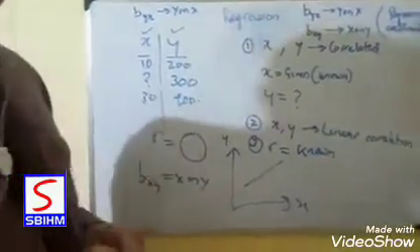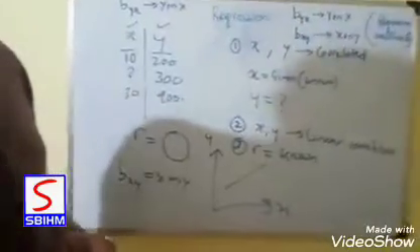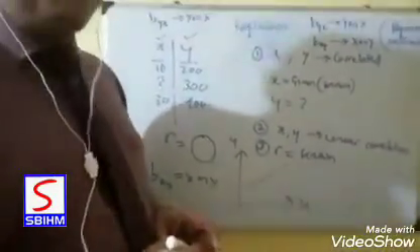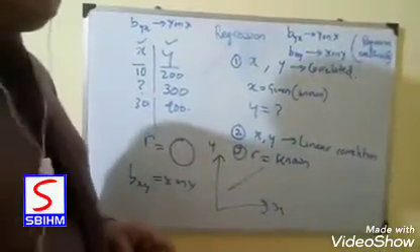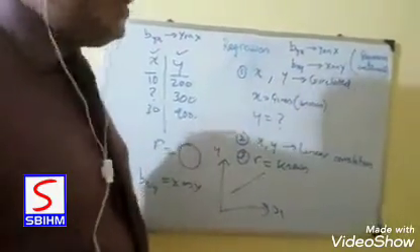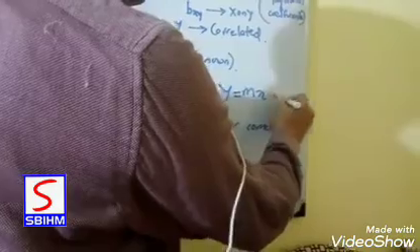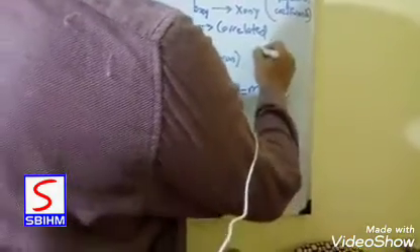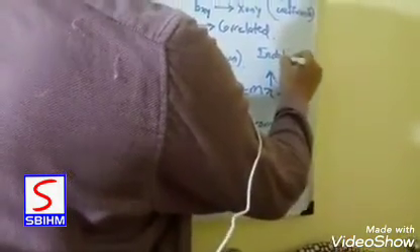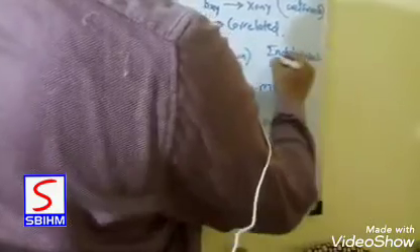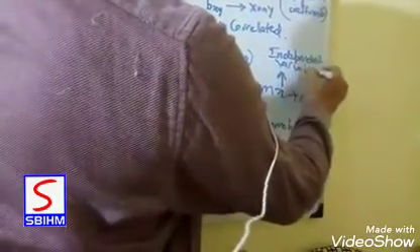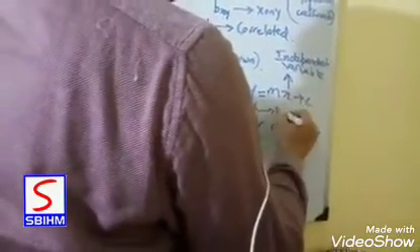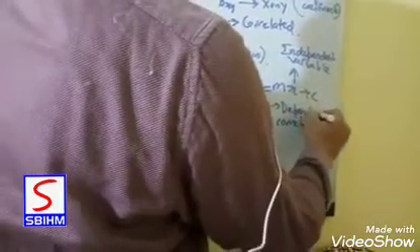Now, what is the concept of dependent and independent variable? The known variable is the independent variable, and the variable which has to be estimated is the dependent variable, because that depends on the known variable. So the straight line equation is y equals mx plus c. Here x is known as the independent variable, and y is known as the dependent variable.